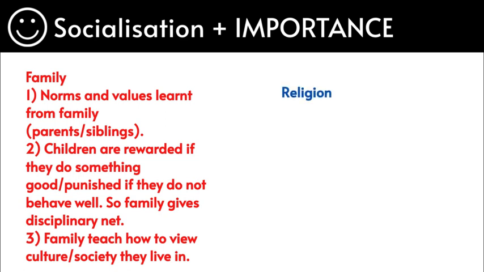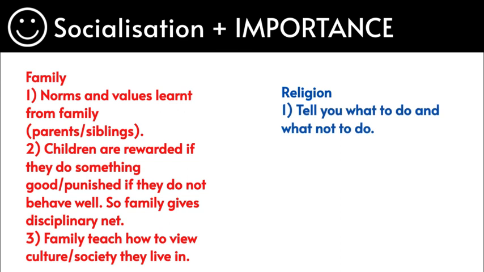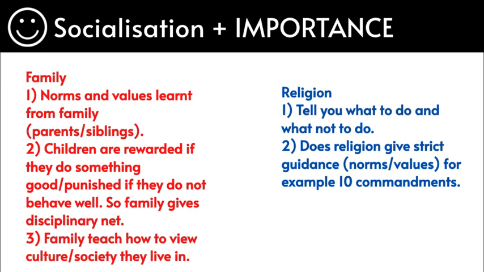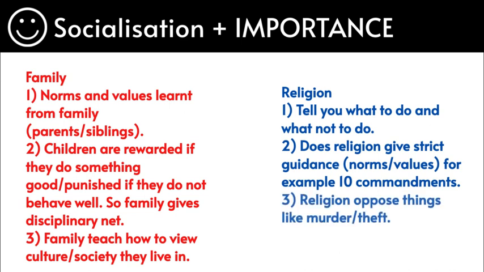Religion, again, could be another form of socialization. It's very, very important because religion, religious scriptures really tell us what we should do and what we should not do. For example, the 10 commandments tell us what's right to do and what's wrong to do, and this forms our identity. And this may be similar as well as different from each other around us because everyone thinks differently. Religion also tells us what you don't do: you don't murder, you don't commit theft, etc.